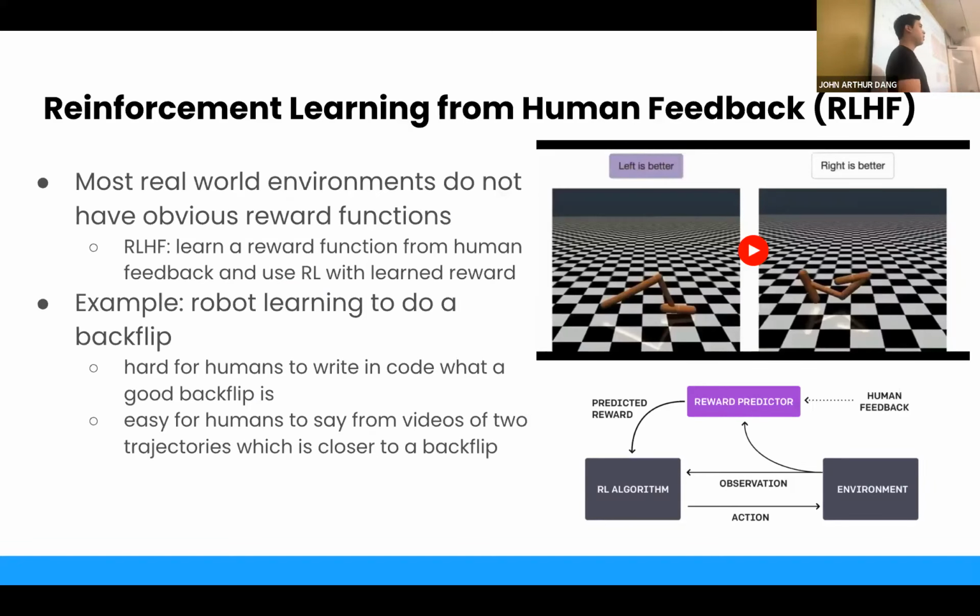This is work from 2017 from OpenAI, where they don't even write a reward function. They just say the reward function is a neural network. And they train this neural network to produce a reward scalar that predicts whether or not a human thinks this is close to a backflip or not. They're trying to get this robot to perform a backflip in simulation. And it turns out it's really difficult to hand engineer a piece of code that says yes, this robot completely